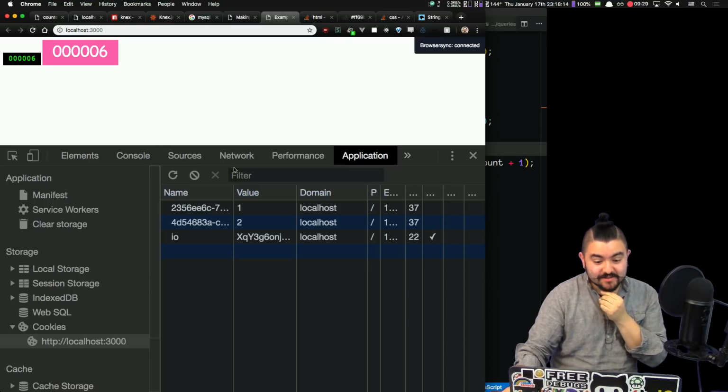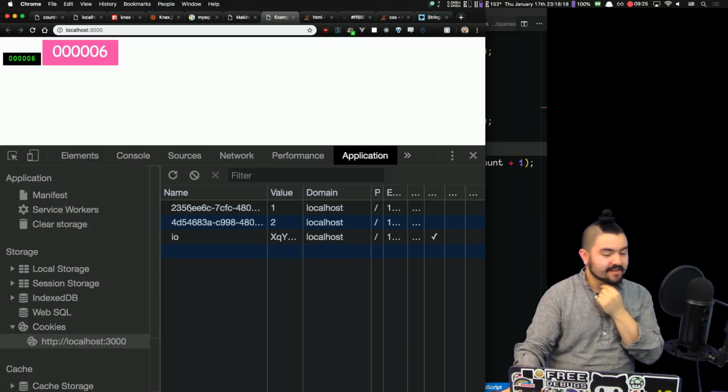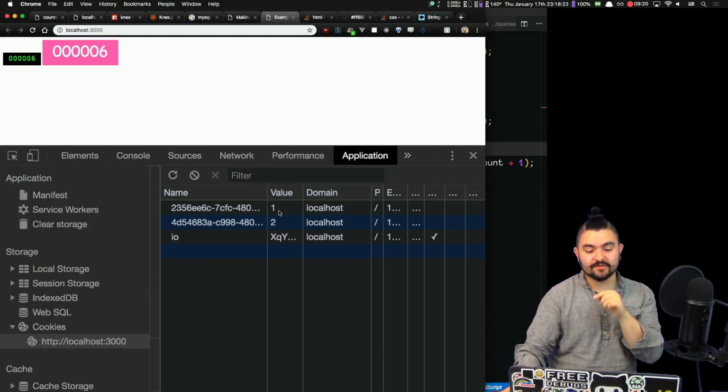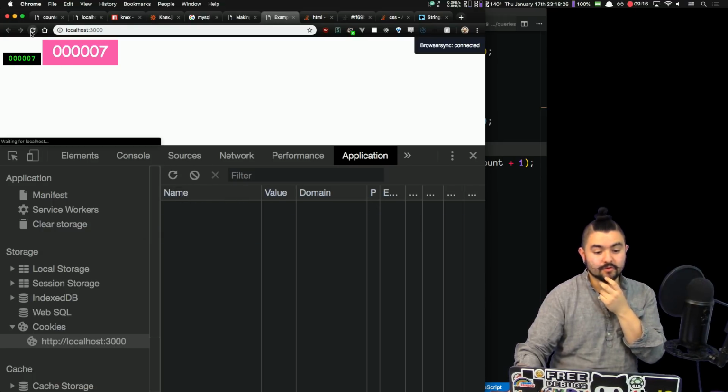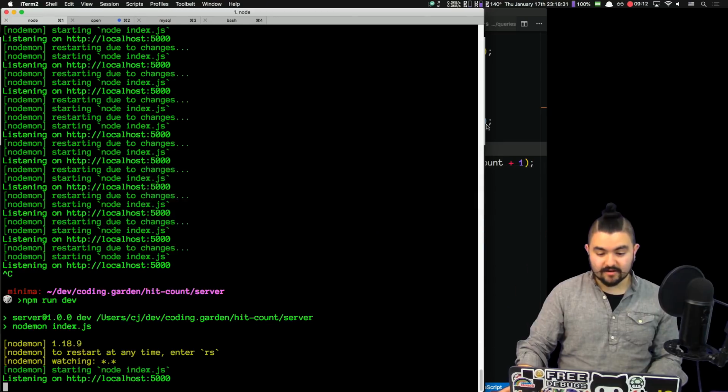Cool. So it's working, and you can see that it's setting a cookie with the unique counter, and then the specific user ID of the visitor there. Cool, that's awesome. Now, if we, in our example,